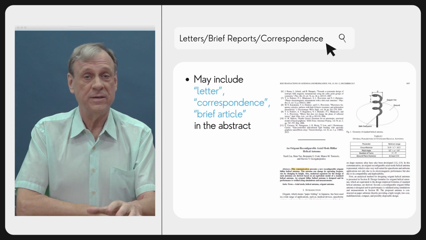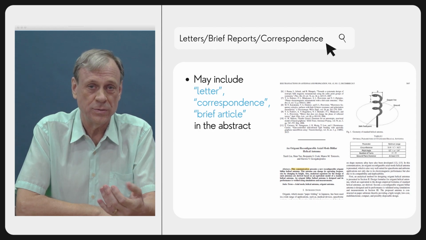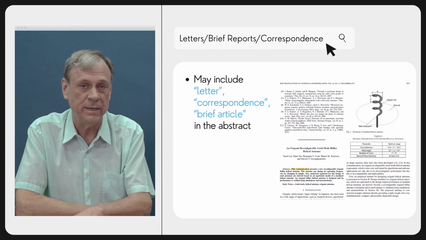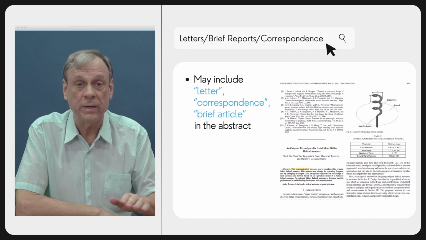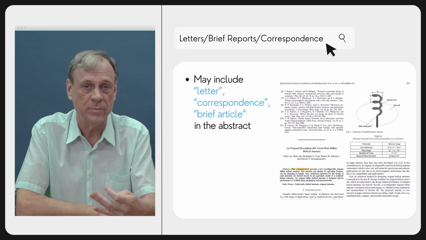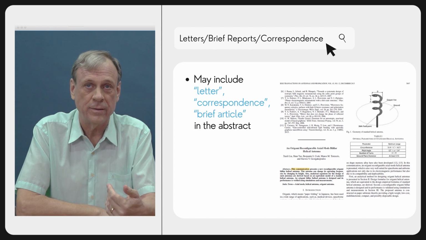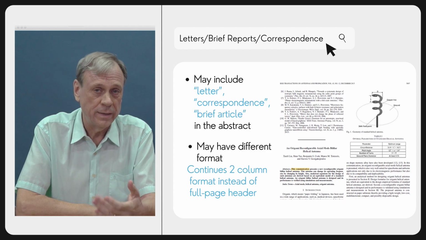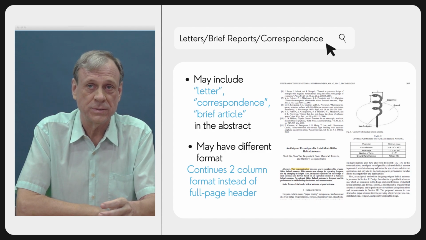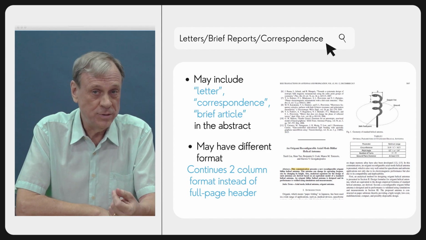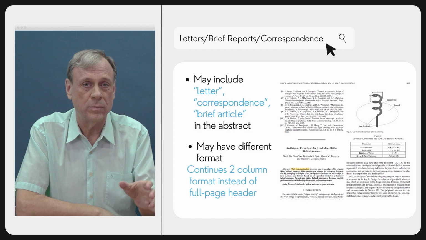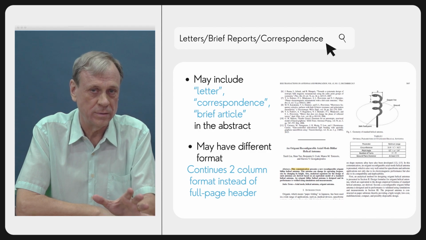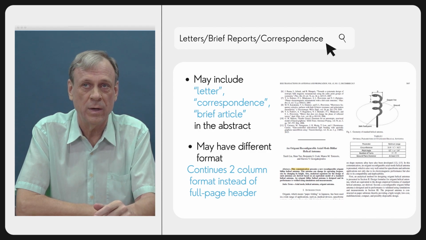And you may find a difference in the format. Again, for instance, in this journal, the regular papers have a title all the way across the page, whereas the letters, it's only across half the page. They continue directly from the previous letter or correspondence. And each journal has their own format, so you need to recognize format in different journals. But sometimes in the abstract as well, it will say in this letter or in this communication. So it will indicate what type of article it is in that abstract as well.